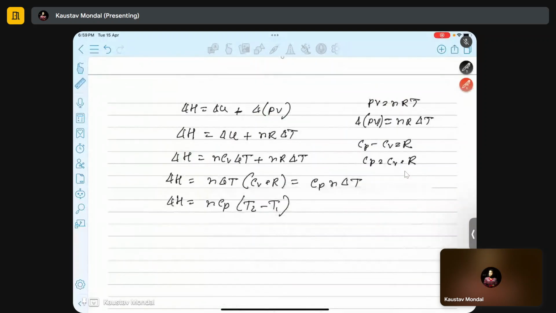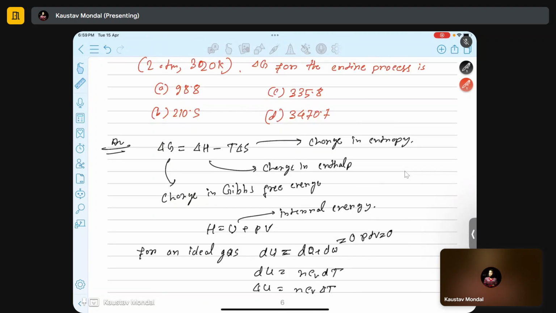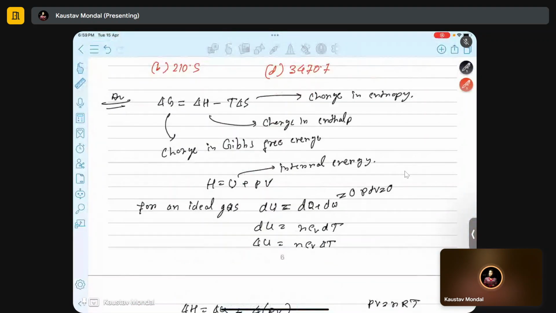Okay. This is the change in the enthalpy of the system. So now we got the one term, the change in the first term of the Gibbs free energy. Now we will calculate the change in the entropy. So for the entropy, what you can do,